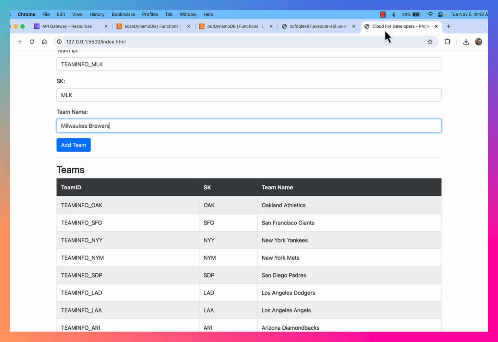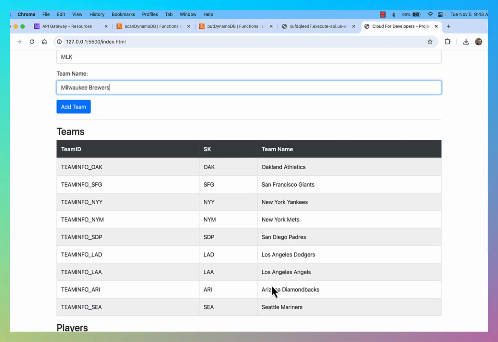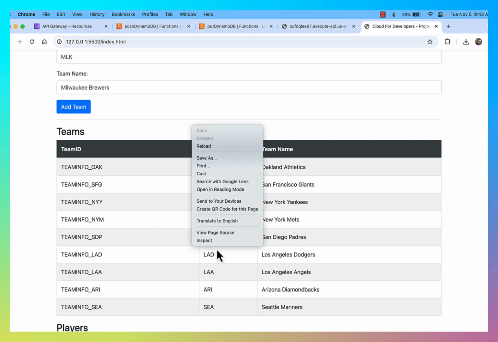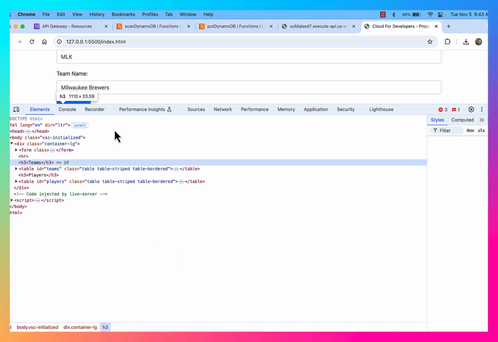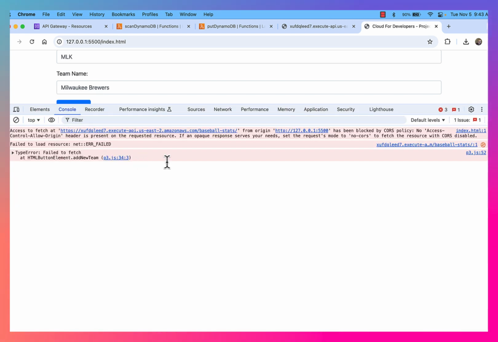Okay, so if I test this out, so right now the Milwaukee Brewers do not show up as a team, but if I go ahead and hit add team, it's going to take a second here, but eventually I should get confirmation back. Eventually. And I want to make sure that that is the case. So I'm just going to look at the console. It looks like